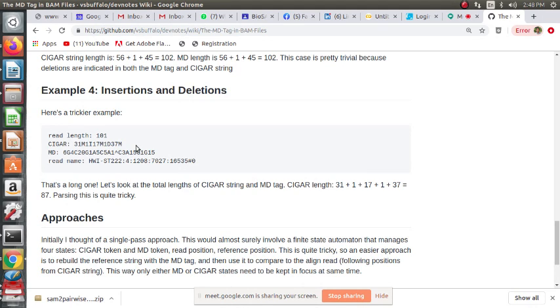31 matches or mismatches, 1 insertion, 17 matches or mismatches, 1 deletion, 37 matches or mismatches.